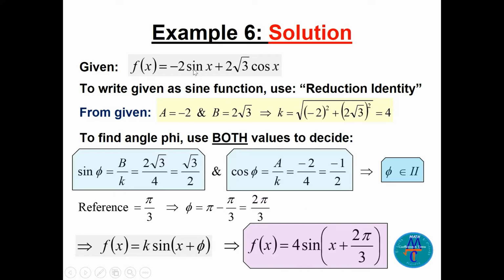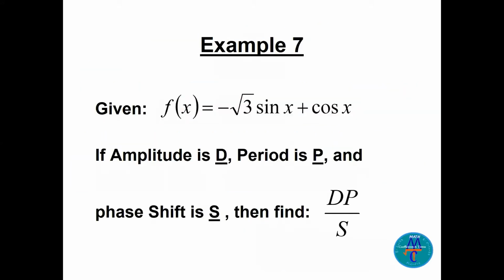Now this function is not easy to graph, you see. When you use the reduction identity, the whole function becomes 4 sine (x plus 2 pi over 3). Then if you need to graph it, you can go to lecture 15, graphing sine functions. Let's see more